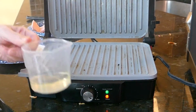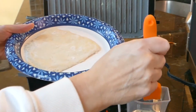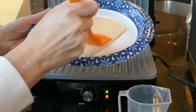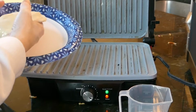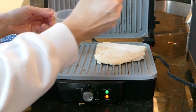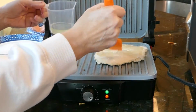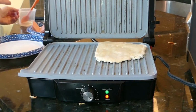Whoa. So we're now going to take just some oil and on our bread. Just carefully. There we go. Now we're going to put this right on our, hear that sizzle? And then while it's on there, I'm going to oil the other side. Because we'll be putting this on for about 3 minutes and then flipping it once it starts bubbling. And I'm going to put on,